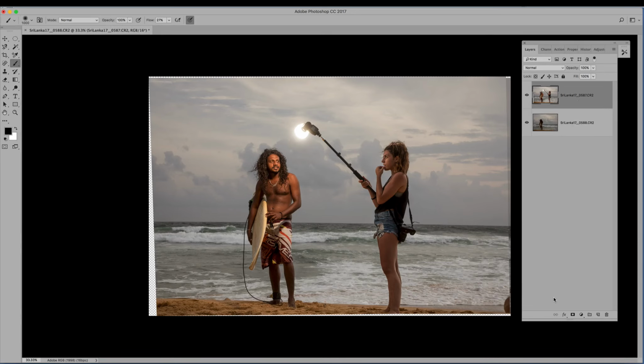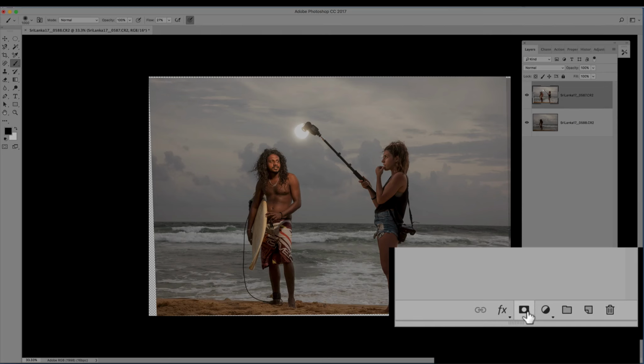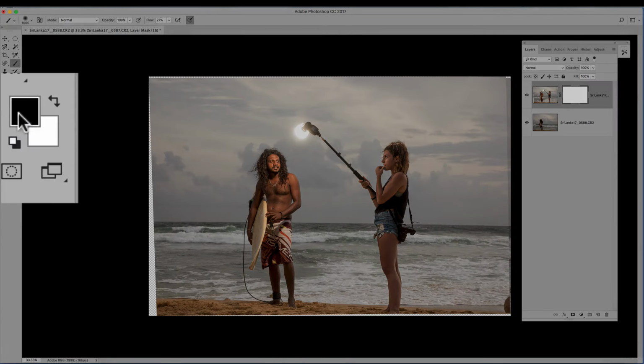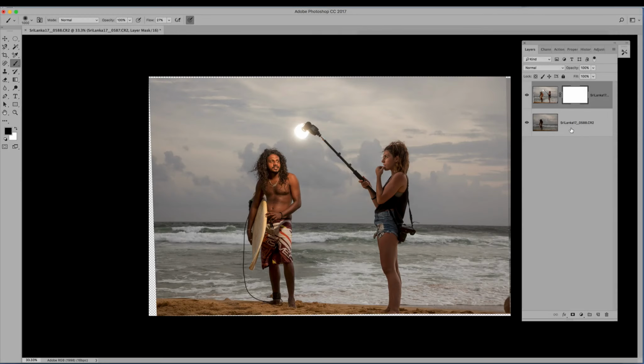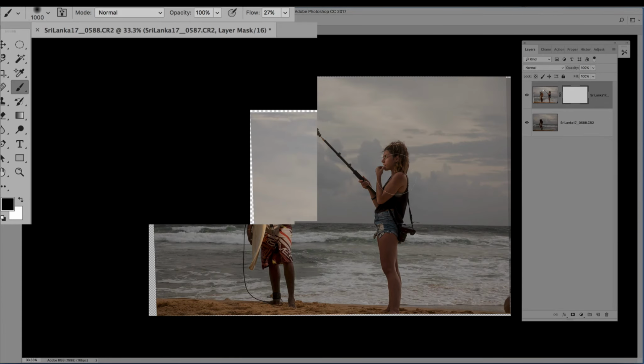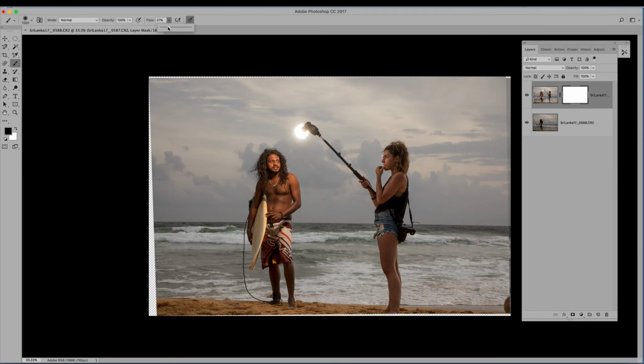All right, so what I'm going to do is add a layer mask, and I'm going to have my foreground color set to black. So black will reveal what's underneath. So I'll brush on, soft brush, zero hardness, and I've got my flow. I just want things to move along a little bit quicker for the example. So I'll set my flow to about 35 and just come in and brush on, and you can see, just like magic